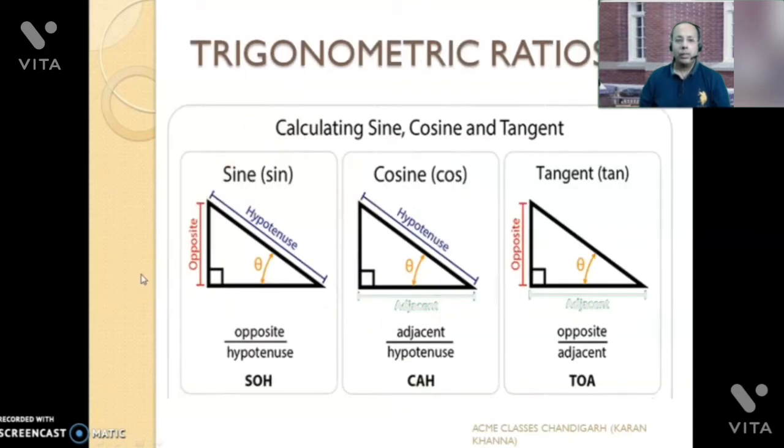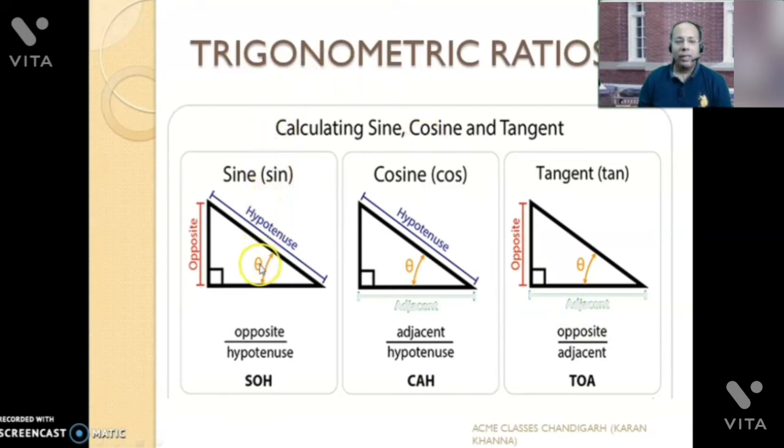So let's discuss the 3 basic trigonometric ratios: sine, cosine and tangent. To understand or memorize the concept of the ratios sine, cosine and tangent, we learn or memorize the phrase SOH CAH TOA. Sine theta, and if I say sine theta, I'm finding the ratio between the sides of a right angle triangle in terms of the angle theta.